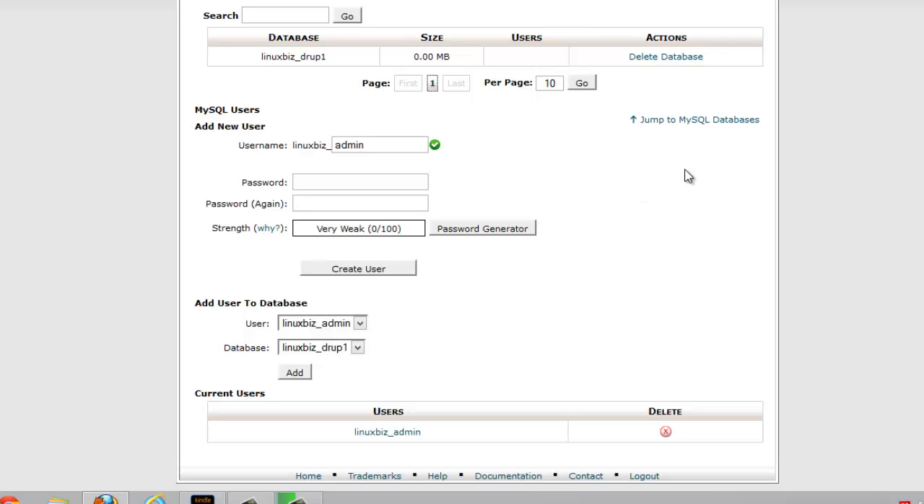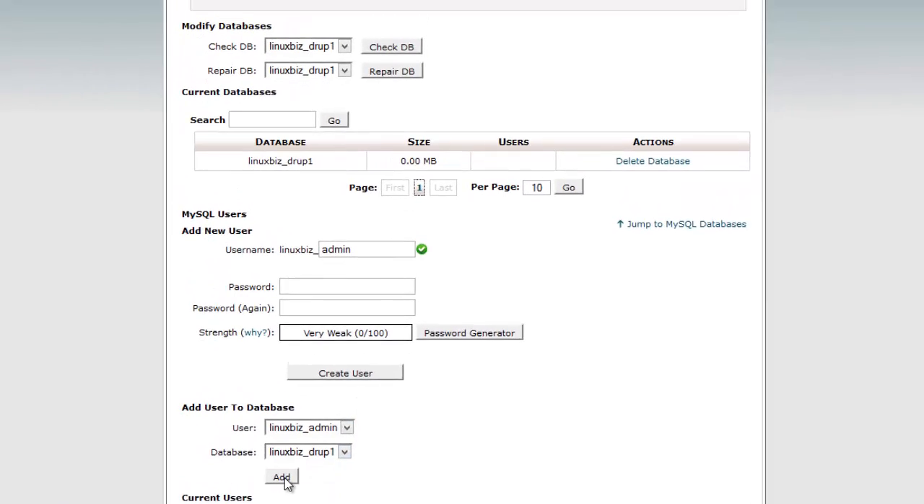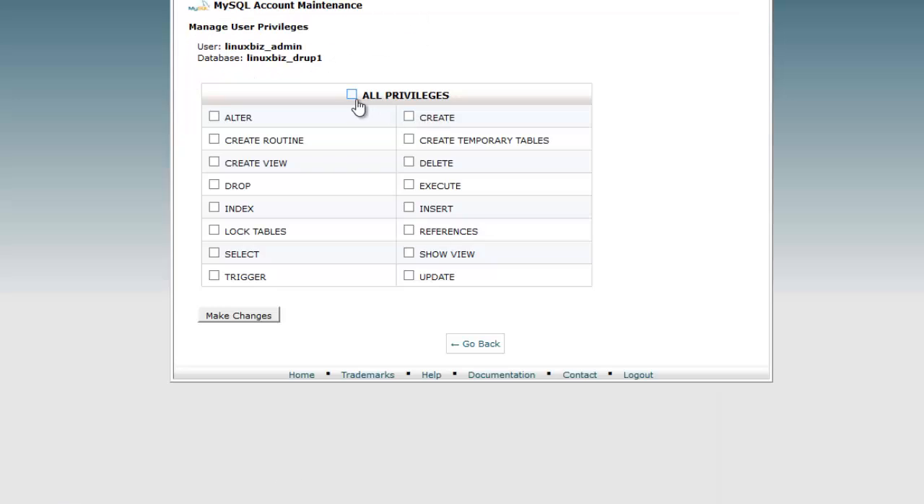I actually created my user earlier to speed things up. Once your user is created, you'll be able to see in here your user and the database. Now what we want to do is give that user permissions to the database, so if you click Add and then All Privileges and make changes,